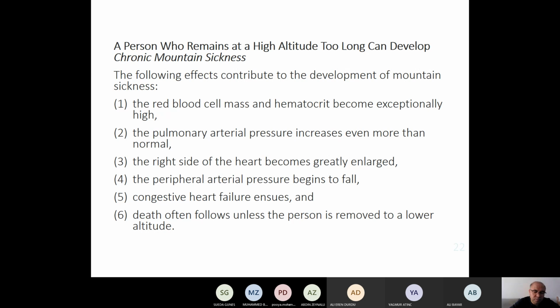Viscosity of the blood is increased quite a lot, and it is very difficult now to pump this blood. Pulmonary artery pressure is increased very much, and the right ventricle will fail, unable to pump blood against this increased pressure. This is called cor pulmonale in medicine, and then there will be cyanosis development in the patient.